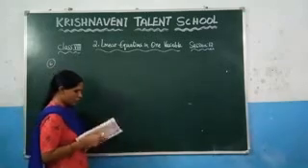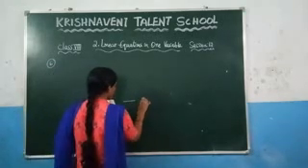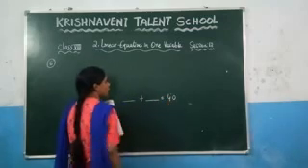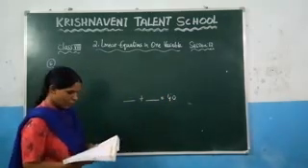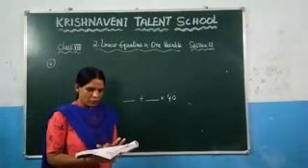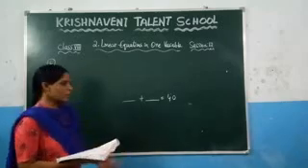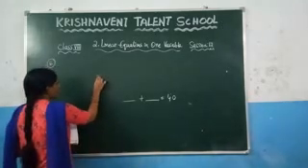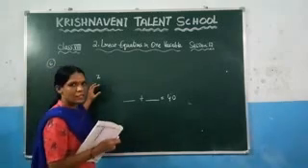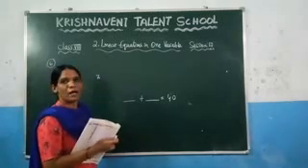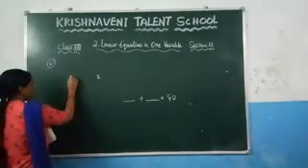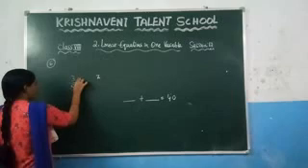Here you don't know what will be the number of boys and what will be the number of girls, but they have given that the total is 40 members in a class. And what is the condition given here? The number of girls is 3/5 of the number of boys. That means here let us consider the number of boys as x. How many girls are there? 3/5 part of the number of boys will be the number of girls. So here the number of girls is 3/5 of x.